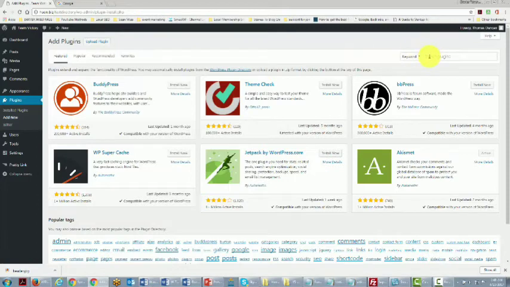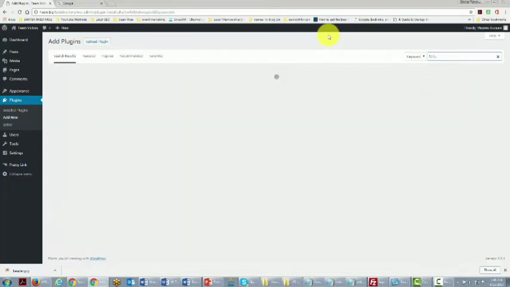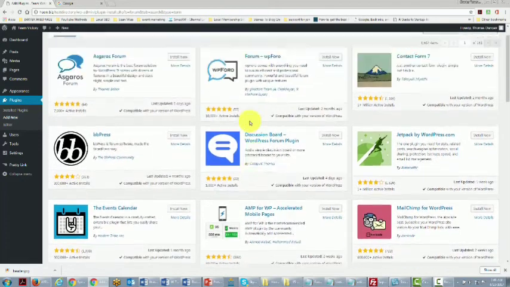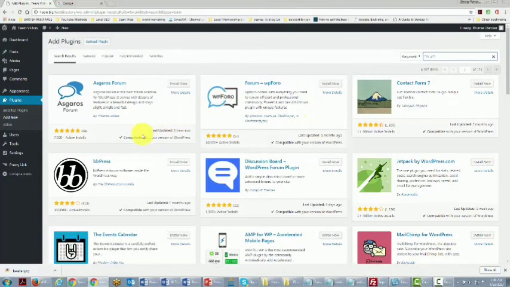And you'll see that there's a keyword area right here. And what you can do is place the function that you're actually looking for. So, for example, you're trying to find some additional functionality so that you can add a forum. And so you might type in forum here. And WordPress will search for all of the plugins that will put a forum onto your site. And so you can actually see reviews and what you can actually add to your WordPress site